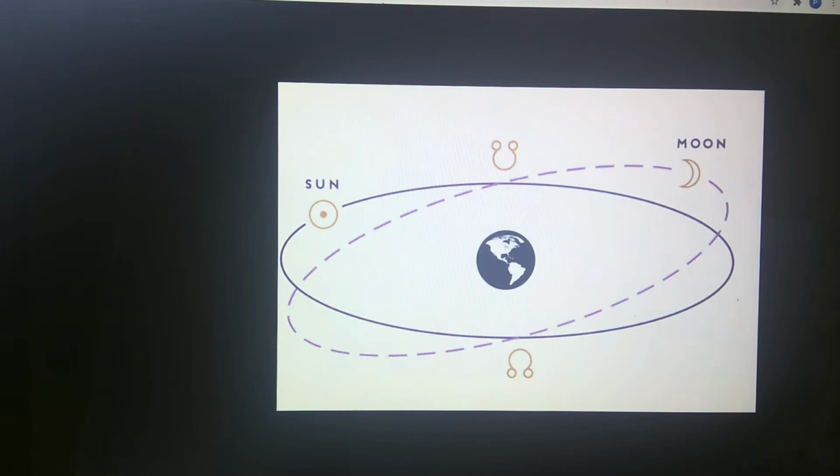I got a little ahead of myself in the other video on how to read a chart. The nodes take 18 years to circle a chart. I said it's 36. I mean, the node, wherever it is by your birth, will return to that place every 36 years, but it'll do it once before that when you're 18. So yeah, the nodes travel signs every 18 years, and your first nodal return is at 18, and your second's at 36. And in between, every 9 years, you have a counter nodal return where